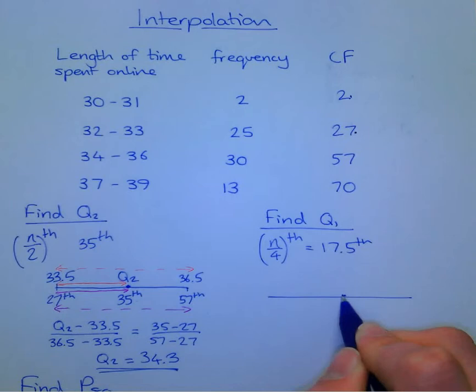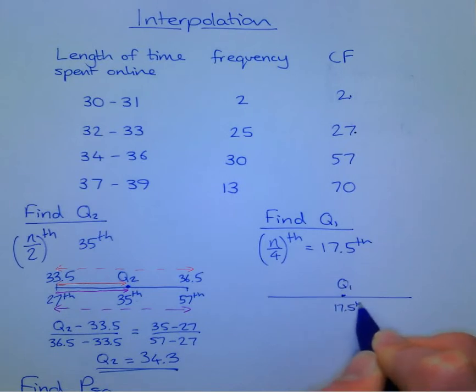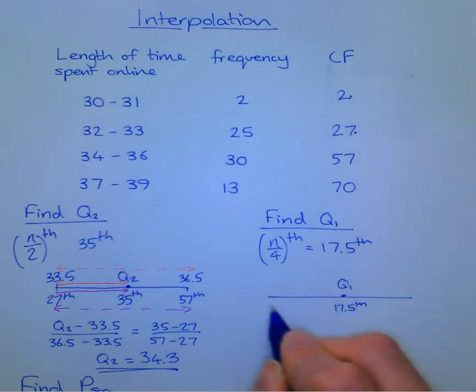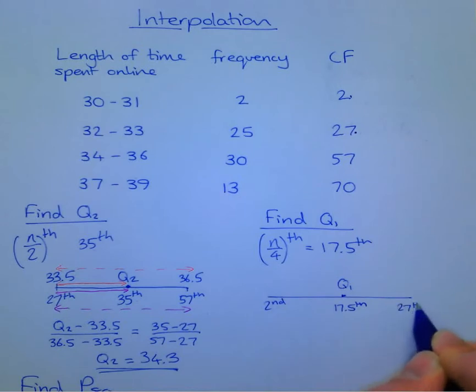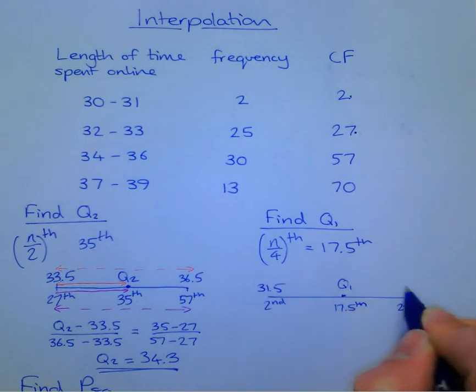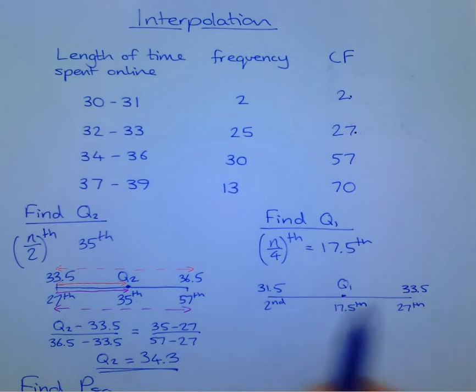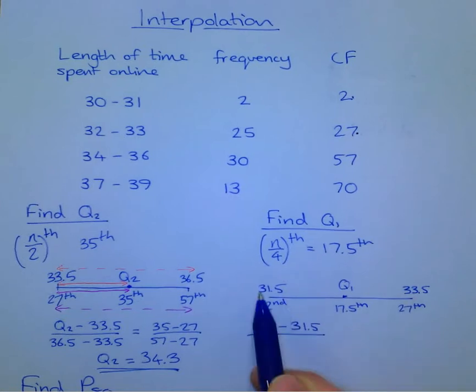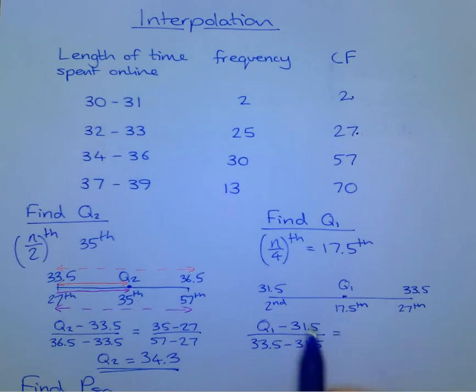So just draw a picture. Q1, I know it's a 17.5 number. I know it lies in between the 2nd and the 27th. I know it's in this group, so I'm going to do the bounds for that group. So 31.5 to 33.5. Assuming that this is evenly spread, I can write a simple proportion formula. So this length here, so Q1 take away 31.5 out of the entire length, is equal to this length here, so it's going to be 17.5 take away 2 out of the entire